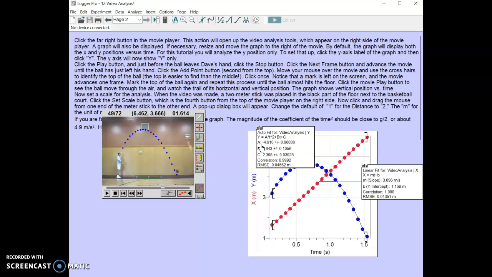The A is the coefficient for the first figure, and it's the acceleration. B is the velocity of the particle, and C is going to be the position of the particle, all with respect to time. The correlation is how close the quadratic fits the points, and the RMSE, the